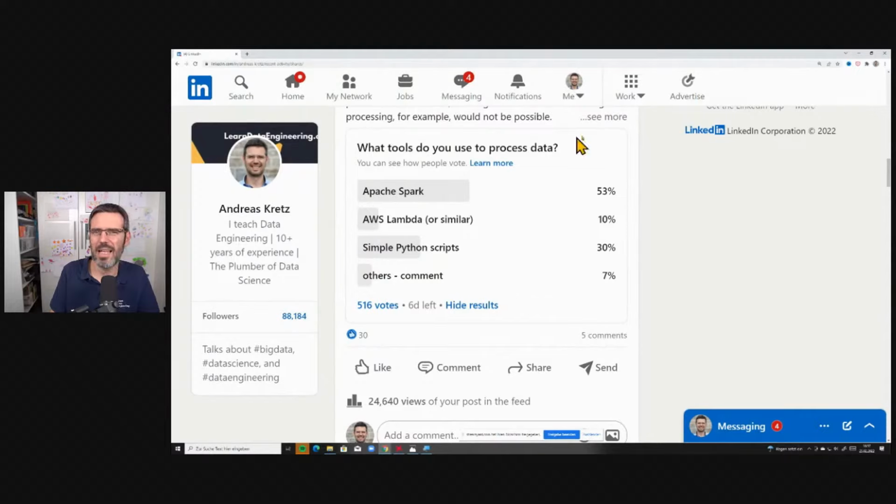Simple Python scripts. This is where this whole thing is heading. And these simple Python scripts, either you host them as a script itself, or you host it as a container. This is one thing that people do, and the other thing is people process stuff with Spark. These are the two options that you see the most, and that's why, for most people, I think Kubernetes is overkill. I wouldn't focus on it too much, except if you're super interested in it and you want to get a job working with it, then focus on this.